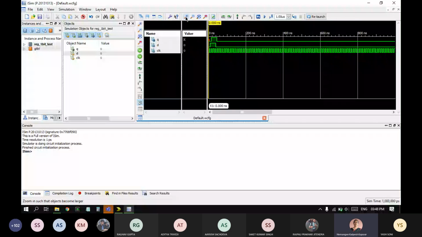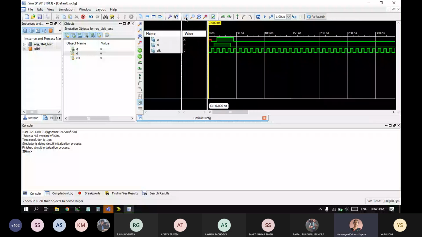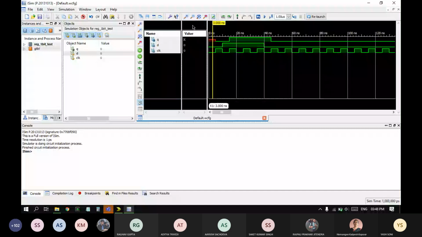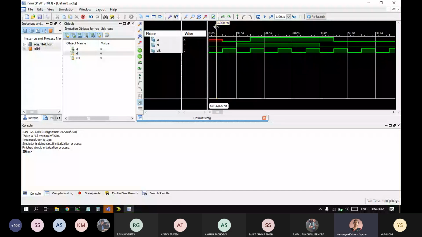Okay, so here we are. Let's see the waveform. Initially, the Q is don't care, so that's red in color. Then the clock waveform is 0 in the beginning. After 5 nanoseconds, let me zoom it a little. There it's better. So at 5 nanoseconds, clock goes high, and at that time, the value of D is 0, and it gets copied to Q.